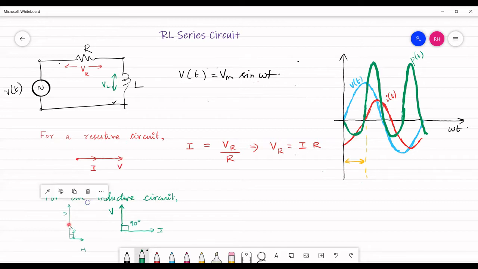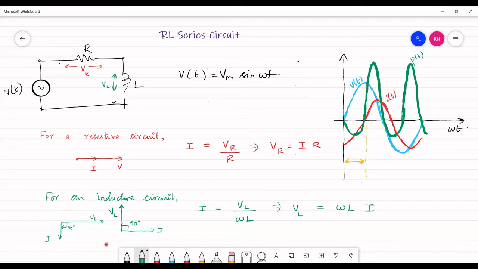And now let us put this in form of an equation. And here we represent the voltage drop across the inductor. So it is VL, and given a value of current I, VL divided by omega L gives us the value of current, and this defines only the magnitude of current, right? And if you want the value of VL, VL is equal to omega L into I, where this is representing only the magnitude of voltage and the magnitude of current.